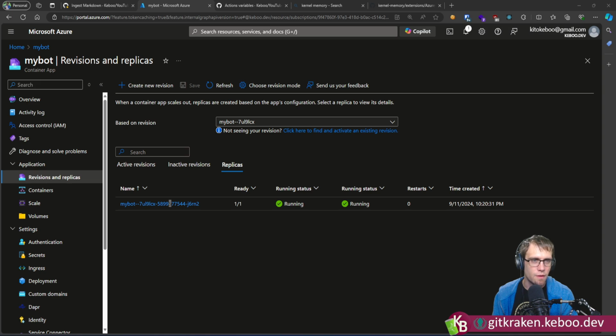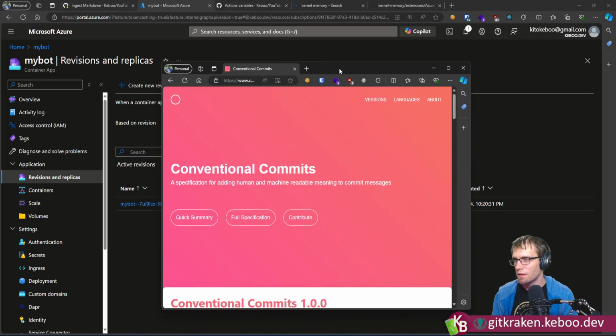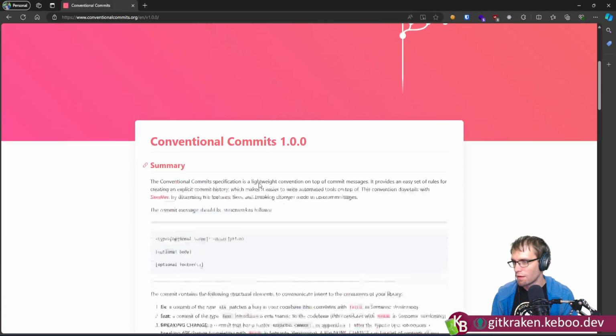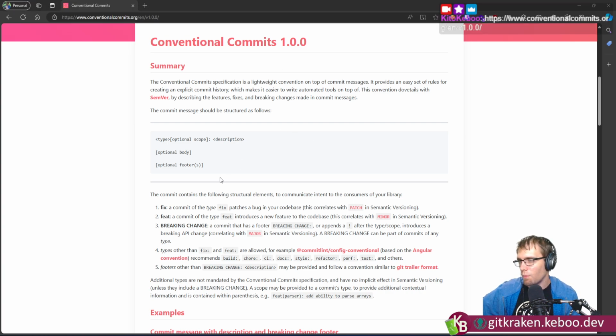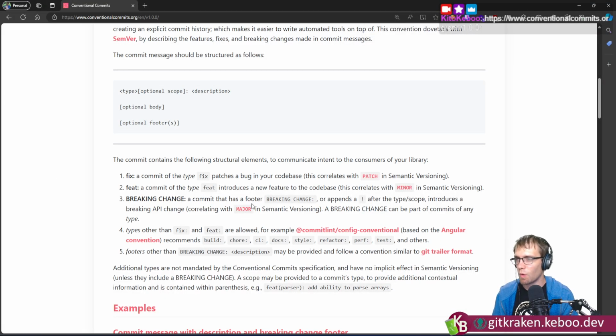For people unfamiliar with this, there's an actual full spec for how to go through and structure your commits. We've brought this up because I've taught Git to university students, and it is oftentimes very helpful because students will often go, well, what should I type? What is good, right? There's not one good way to do a commit message, but this is a good way. And it's not a bad idea to structure things this way.